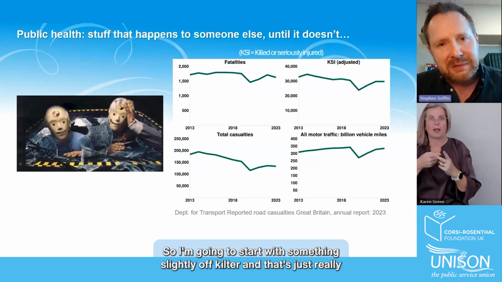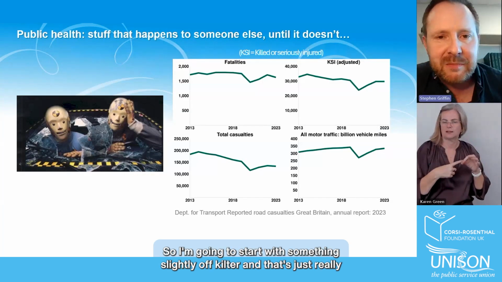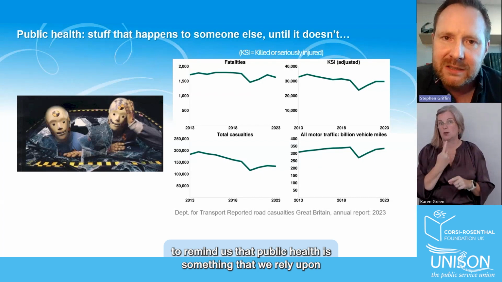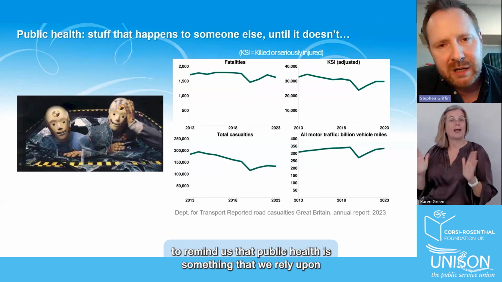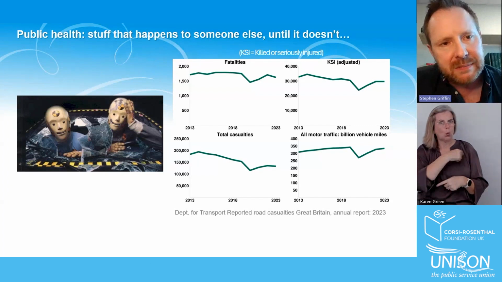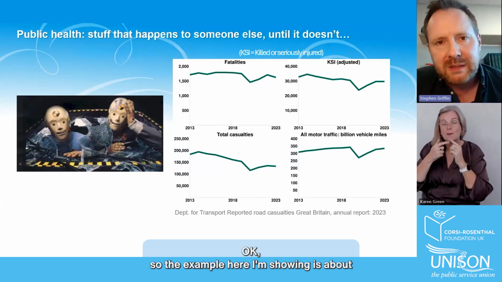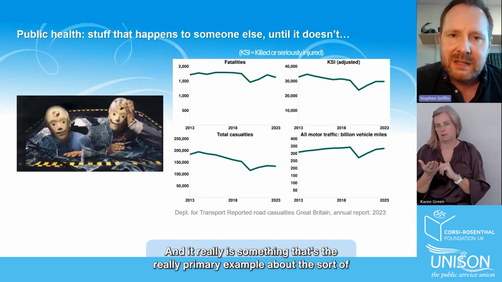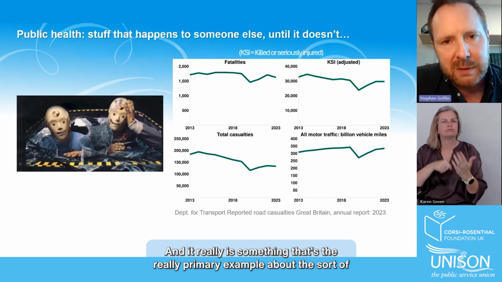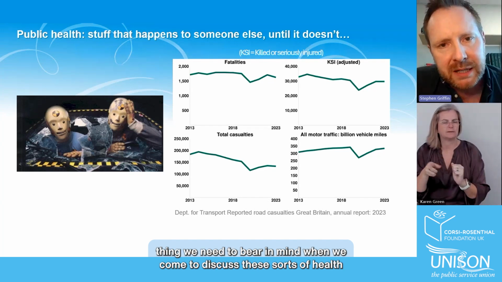So I'm going to start with something slightly off kilter, and this is just really to remind us that public health is something that we rely upon without really knowing about it. The example I'm showing here is about road traffic accidents, and it really is the primary example of the sort of thing that we need to bear in mind when we come to discuss these sorts of health problems,